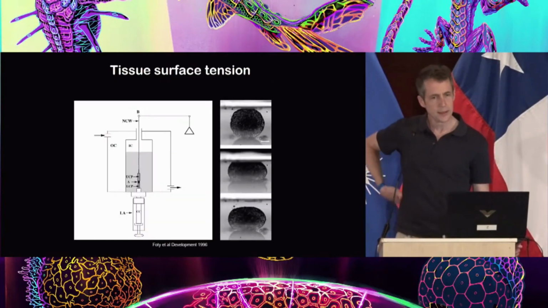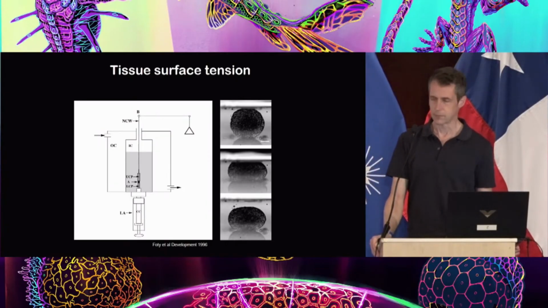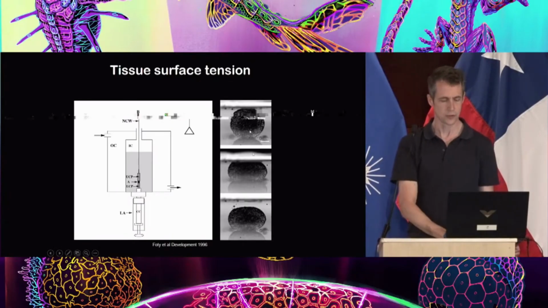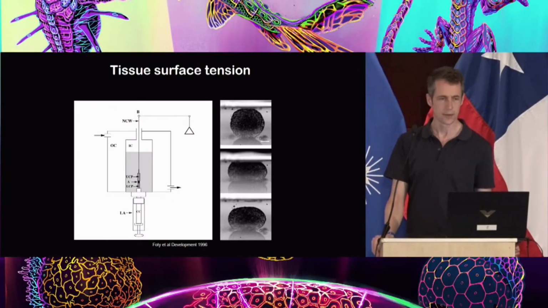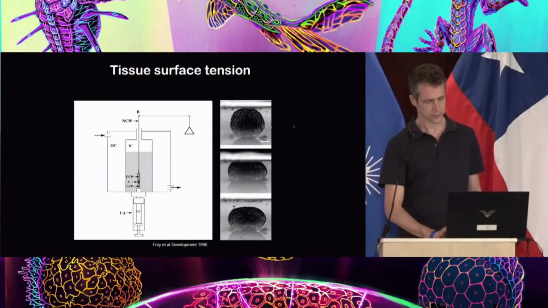Now, this was sort of an idea, and what Steinberg then did is he used tissues from different parts of the embryo, and he designed a little machine where he can put the tissue between two plates and deform it. By knowing the force he is applying on deforming the tissue and the tissue geometry, he can derive the surface tension of these different tissues. And then he would assume that if these tissues have different surface tensions and he puts them together, then they will arrange in an interesting way.